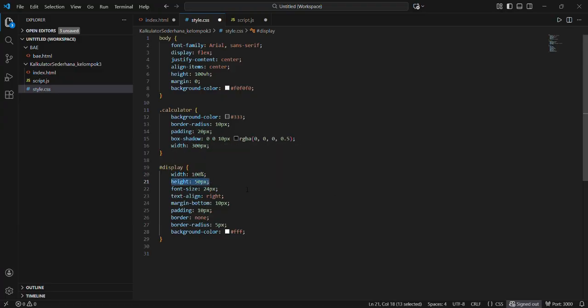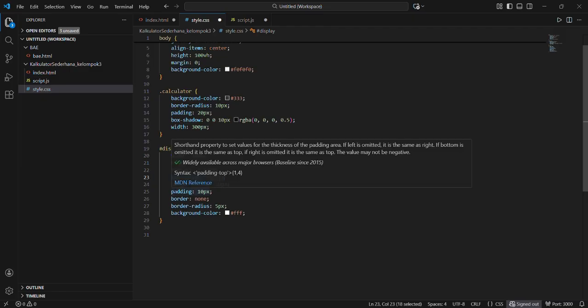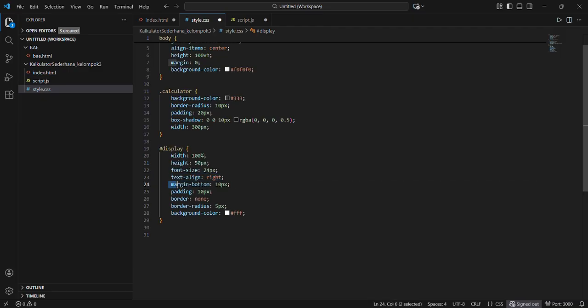Next, set the height so the display looks like a calculator screen. Next, make the numbers large and easy to read. Align the numbers to the right side just like a real calculator display.